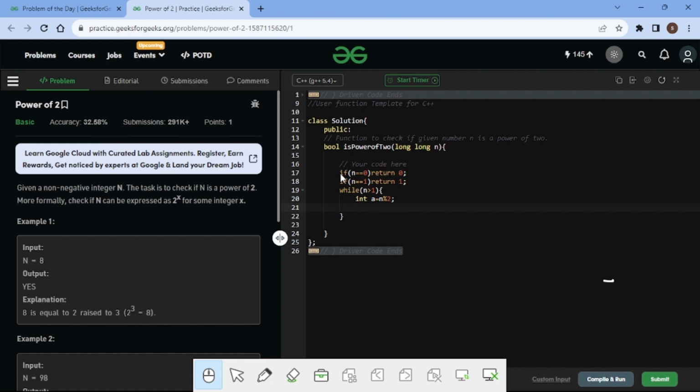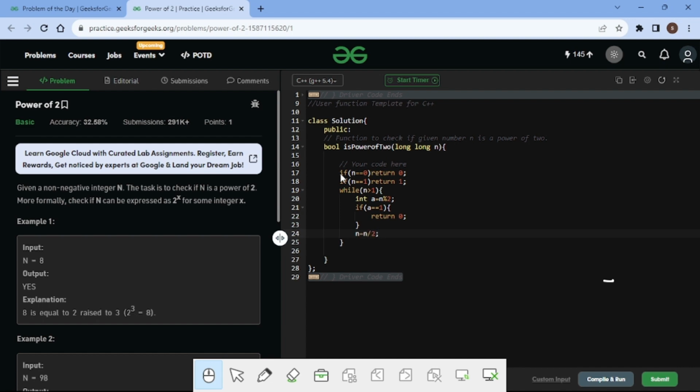If the remainder is 1, that means the number is not divisible by 2, so we simply return 0, meaning the number cannot be represented as 2 to the power of any number. Inside the while loop, n is set to n divided by 2.